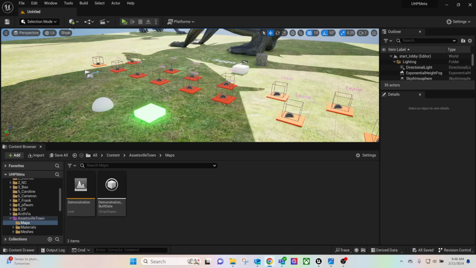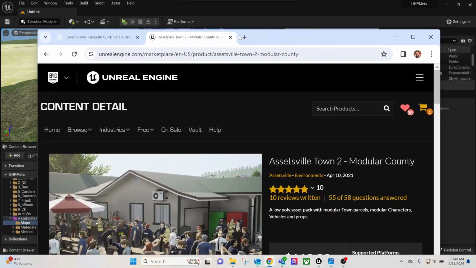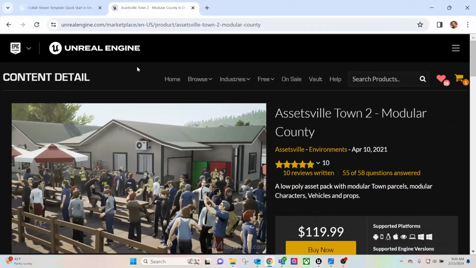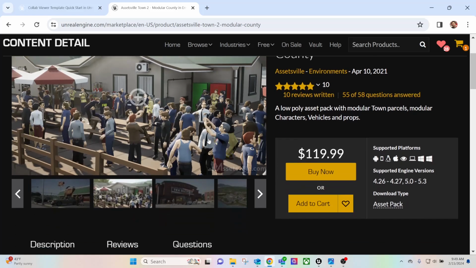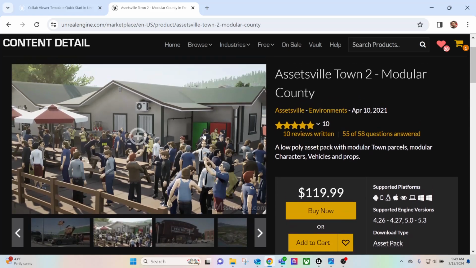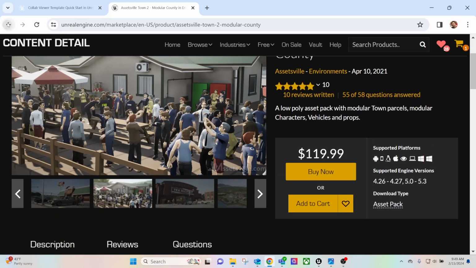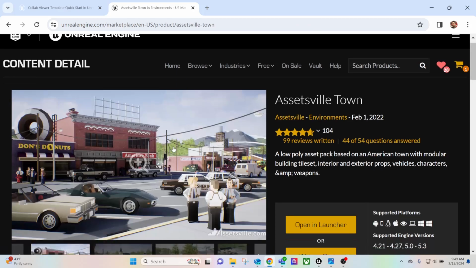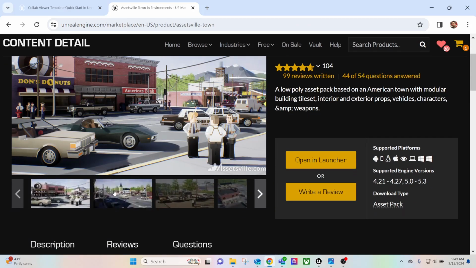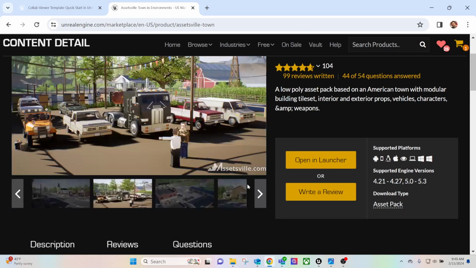When you do multiplayer, there are many ways you can start. For example, you can go to Unreal Marketplace. You can search and buy an available package. This is not really a promotion for any of these developers, but you can basically search and buy. Today I will use a pre-owned package I got called Asset View, as an example to show you how you can bring a large number of avatars